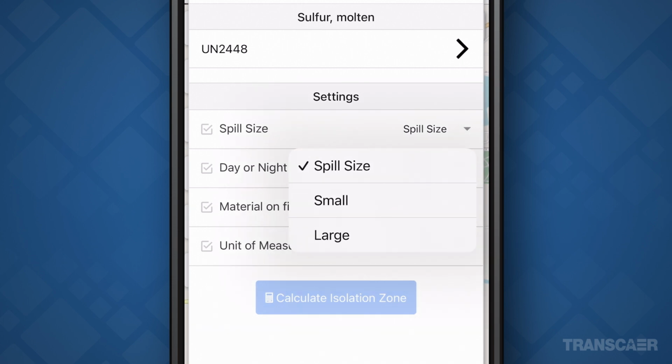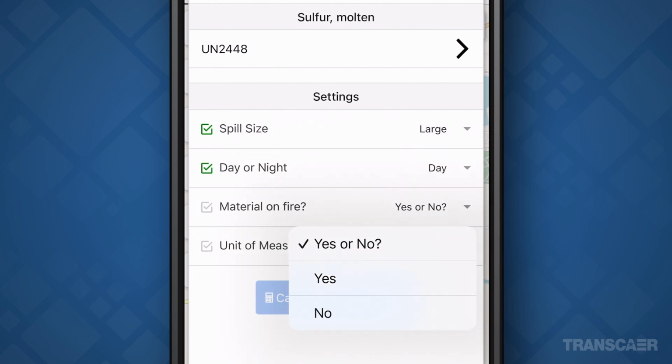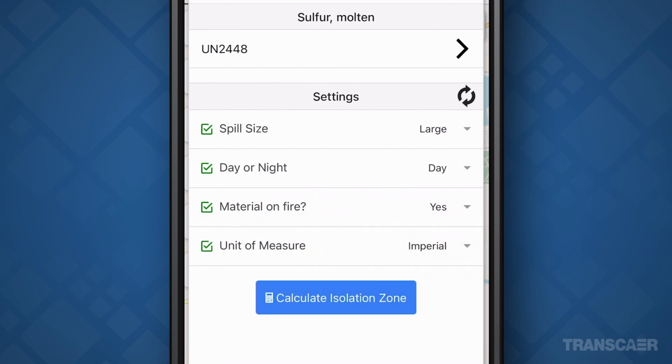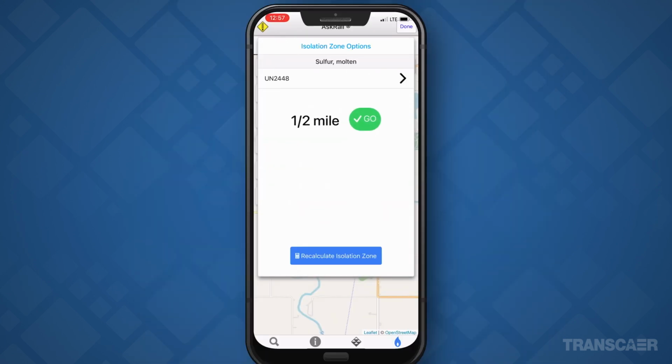For the purpose of this demo, we'll indicate this is a large spill. It's daytime, the incident is involving fire, and we're going to use imperial numbers. Once those 4 pieces of information are entered, tap on Calculate Isolation Zone. AskRail will immediately indicate that for this particular product, an isolation zone of about a half a mile needs to